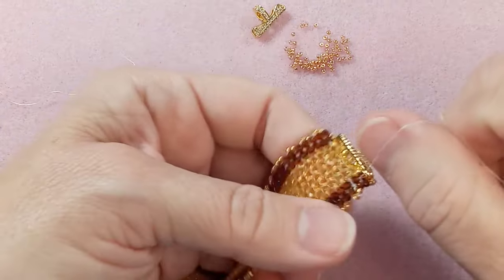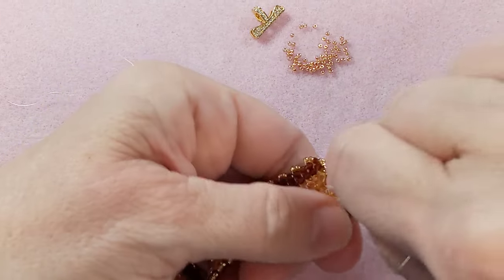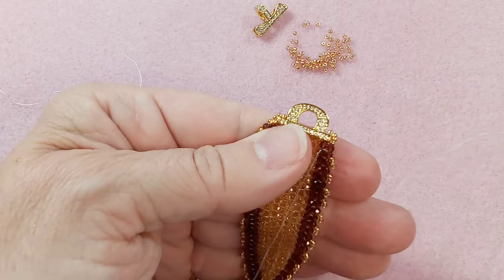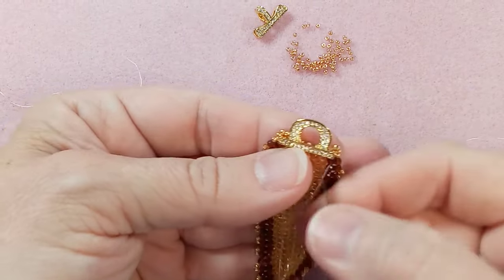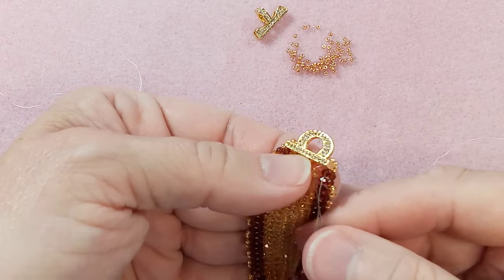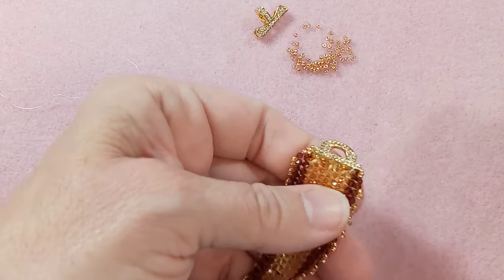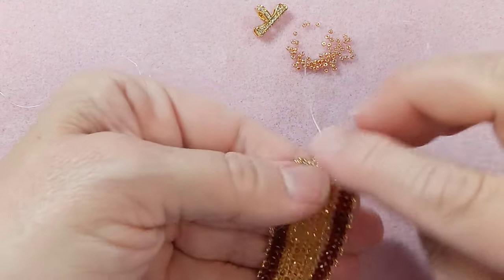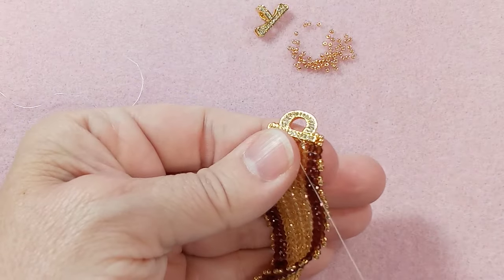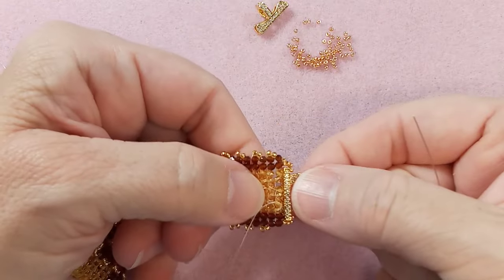This is weird how it's really showing the thread. It might just be the way they're sitting. Okay, I needed to connect this one. That's why I was. Let's go through here. Let's see what we come up with. Make sure that's nice and